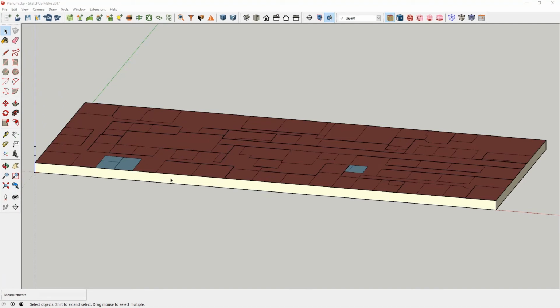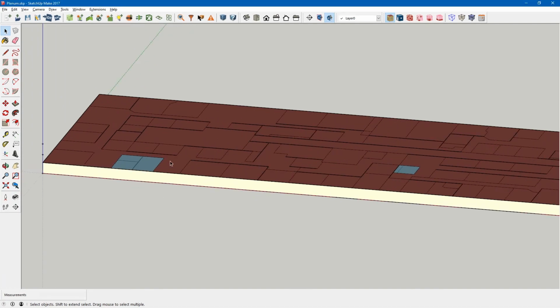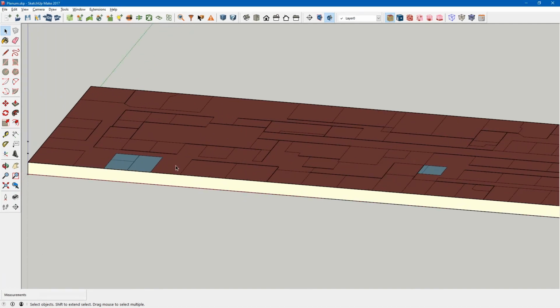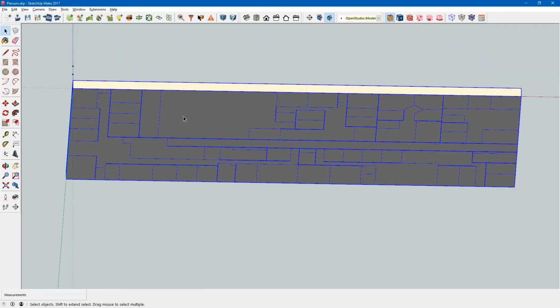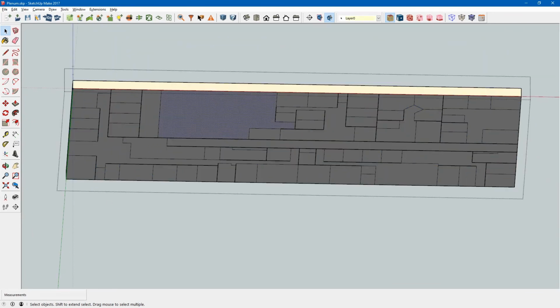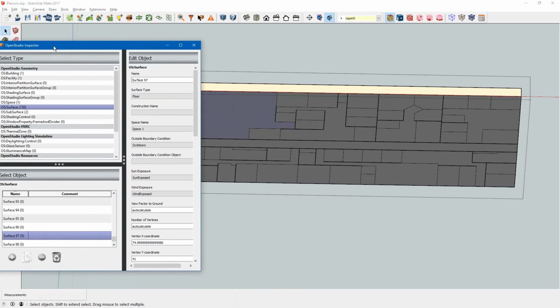Now you can see that all of our floor surfaces have been changed to ceilings, and all of our ceiling surfaces on the bottom have been changed to floors.